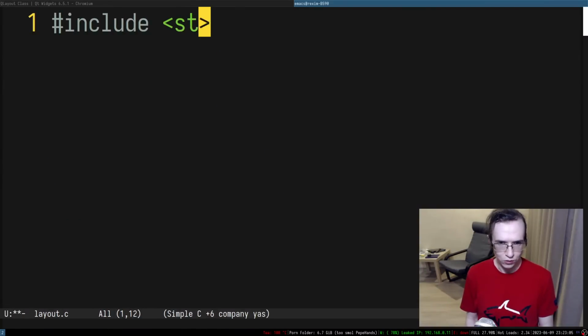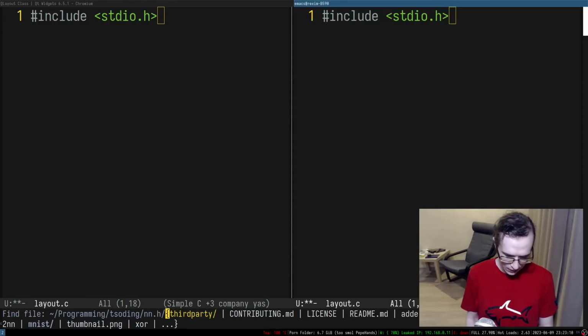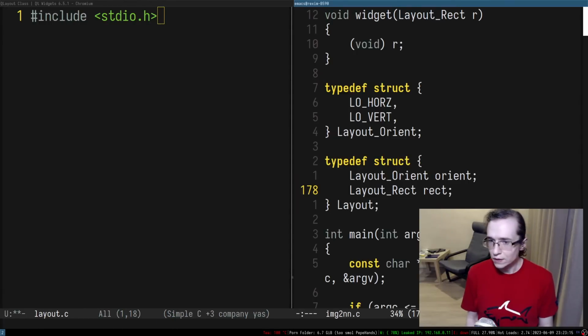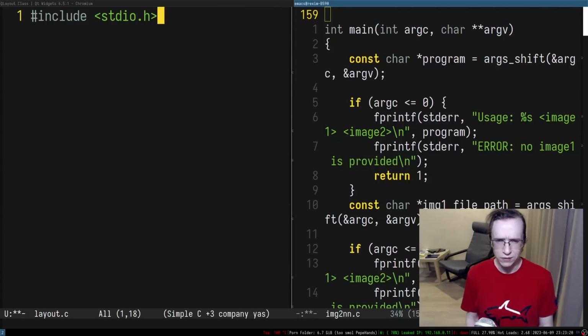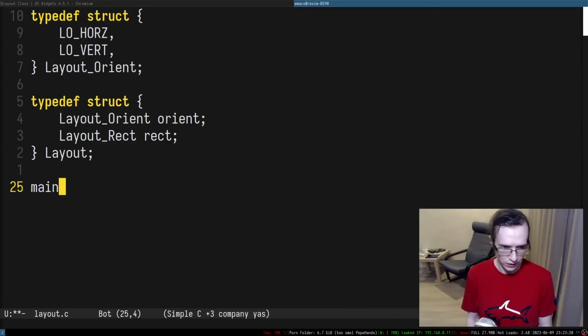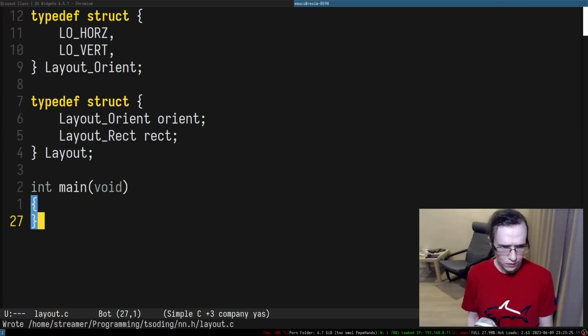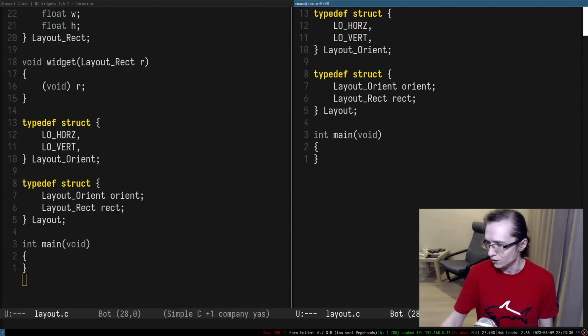I'm just going to do something like this, move all of that stuff in here. I want a separate application within which I'm going to be experimenting with all of that. So this is going to be the main, and basically nothing distracts us from focusing on the layout system.